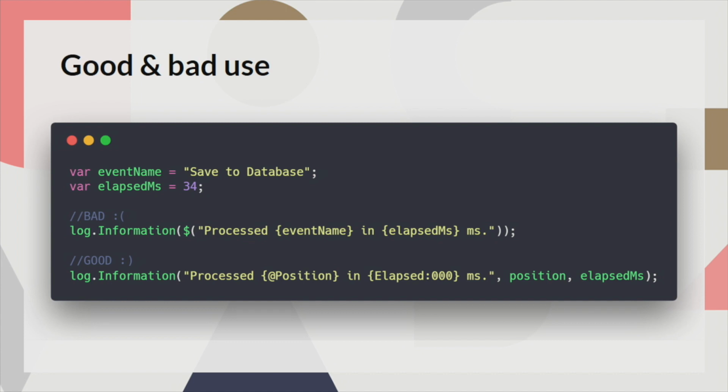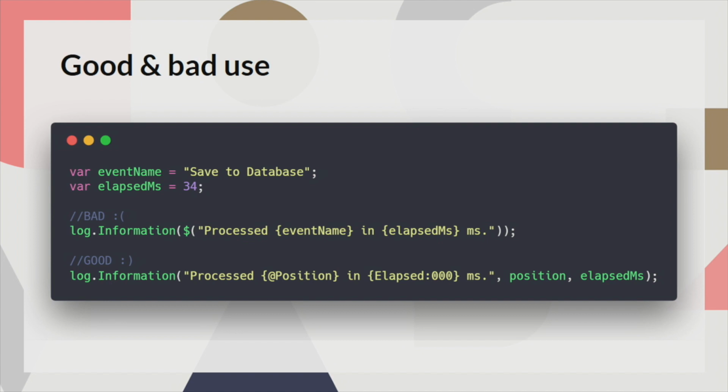So the top one is that I'm doing string interpolation. I'm doing processed event name in elapsed milliseconds. What this does would obviously give me my save to database, and my elapsed milliseconds is 34. Why this version is bad is that when it goes into Serilog, you will just get one